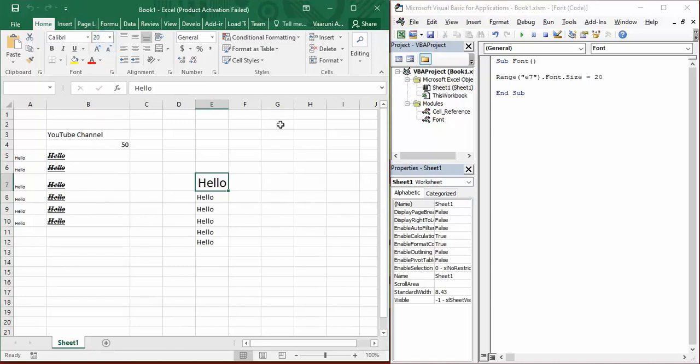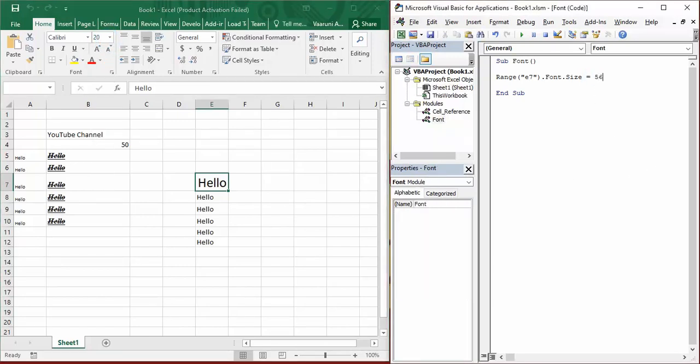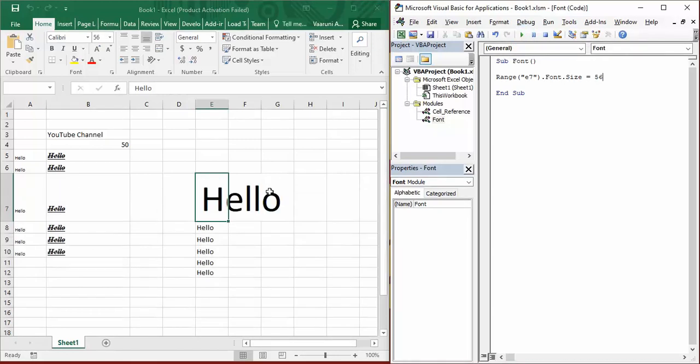Like 48, after 48 it's just 72. So let's change it to 56. You can see it's changed to 56. So no matter whether this size is present in the drop down or not, if you're providing it here, the contents would be changed automatically.